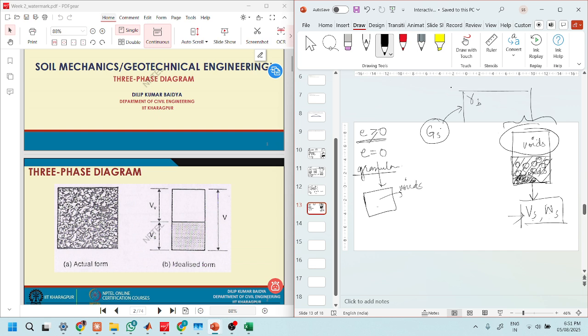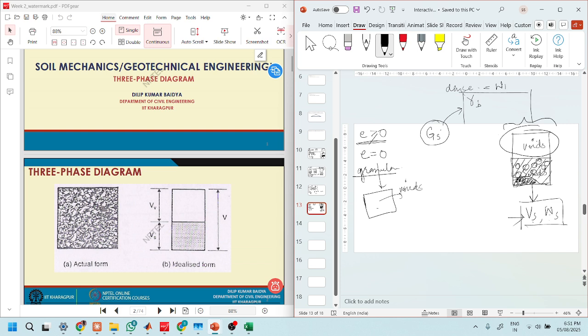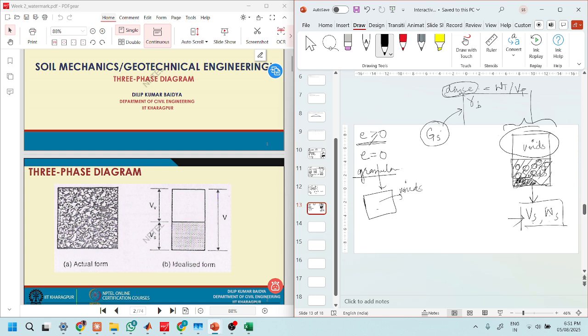For dense material, your total weight by total volume will be higher, and lower for loose material. But your Gs will always be constant unless there is something happening like decomposition, a different kind of